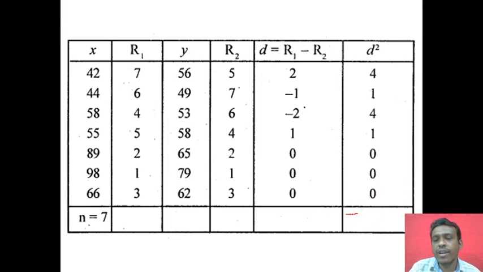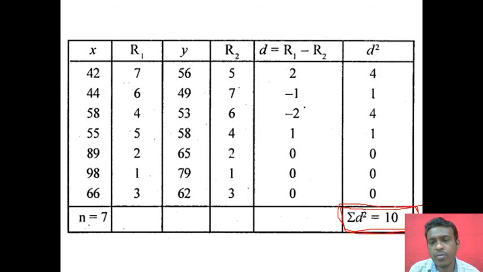Next thing is we have to find out summation d square. What is summation d square equal to? Summation d square is the sum of all the values of d square. So this is nothing but 4 plus 1 plus 4 plus 1, which is equal to 10. These are zeros, so I'm not considering them, or else if you want you can add them in the calculator, plus 0 plus 0 plus 0. So the total value of d square is coming up to 10. This is the value that I am interested in now when I am substituting in the formula.